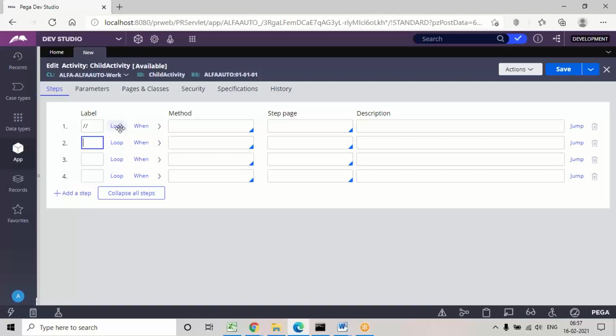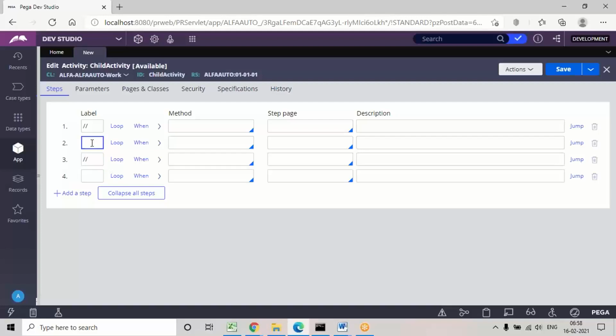So when you are verifying any logic in the application, if you don't want to execute any step, we can just pass this comment. Here, steps 1 and 3 will not get executed if you give this label.